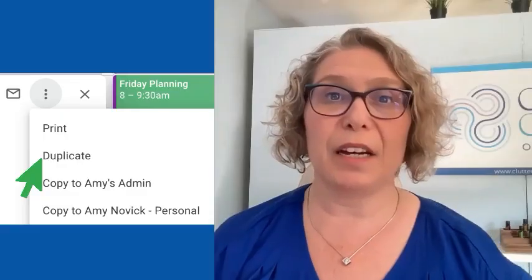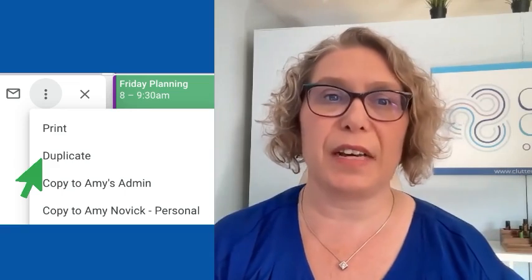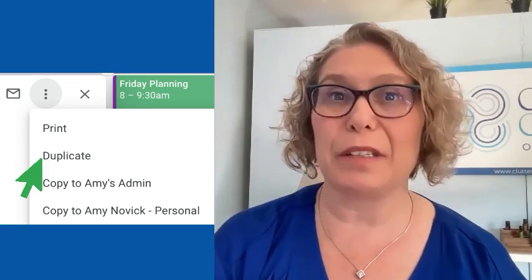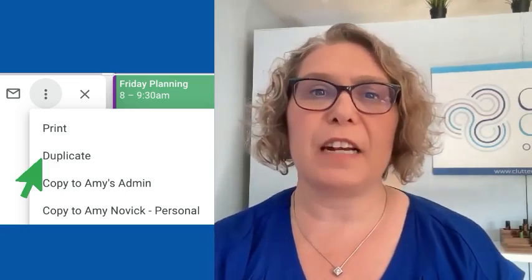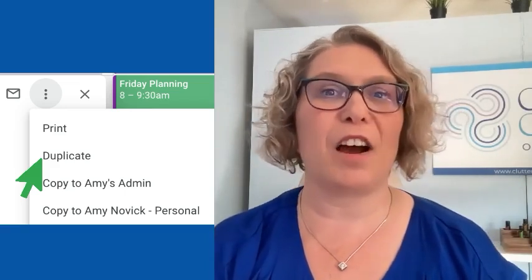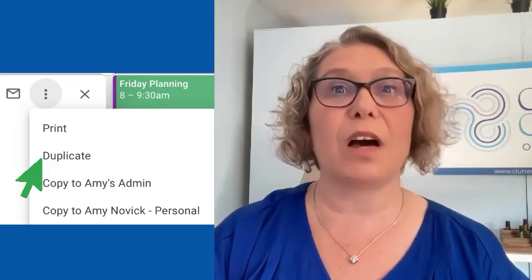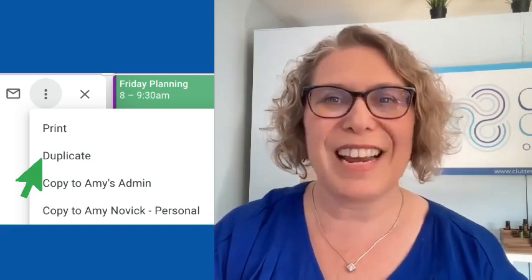time, date, or location. Second, if that event is happening again at another time, like a book club, and then again next month, you can duplicate that event, which also appears in those three little dots. If you duplicate an event, it will make a copy of that event and all the details onto the same calendar. And then you can update the date, time, details, and guests as needed to make that duplicate different from